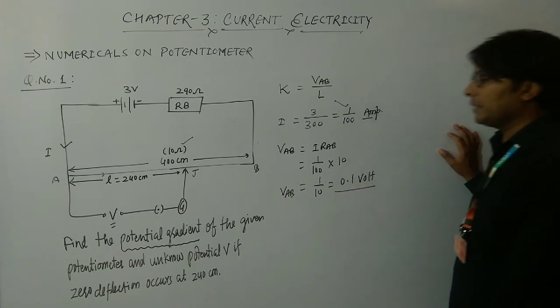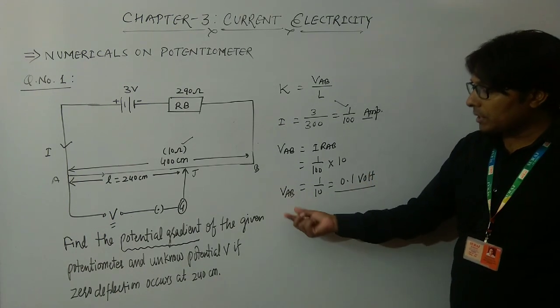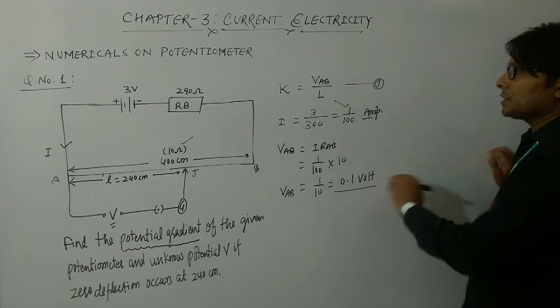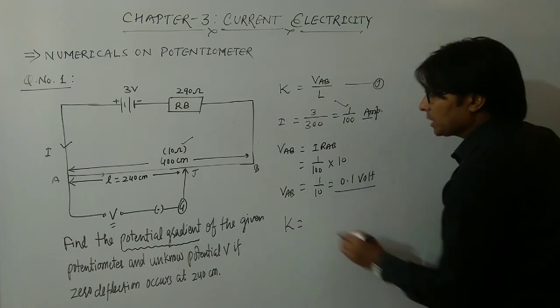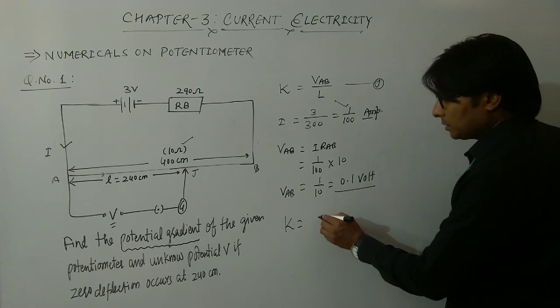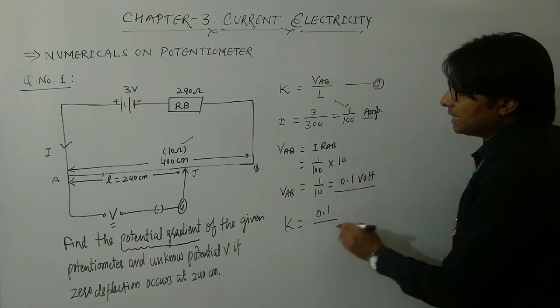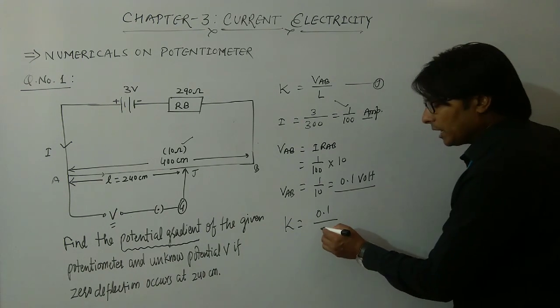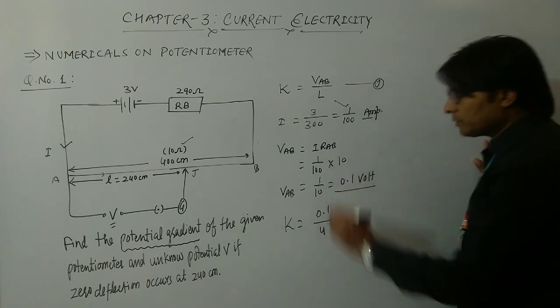So this is the value of voltage drop. Now we will put the value of VAB in this equation. Suppose this is equation first, and we can calculate the value of potential gradient. So this value is 0.1 divided by length, which is 4 meter or 400 centimeter, whatever you like. So I am putting the value in meter, so it will come out to be